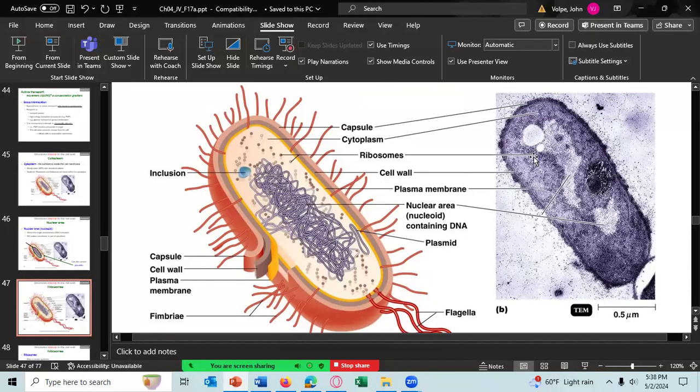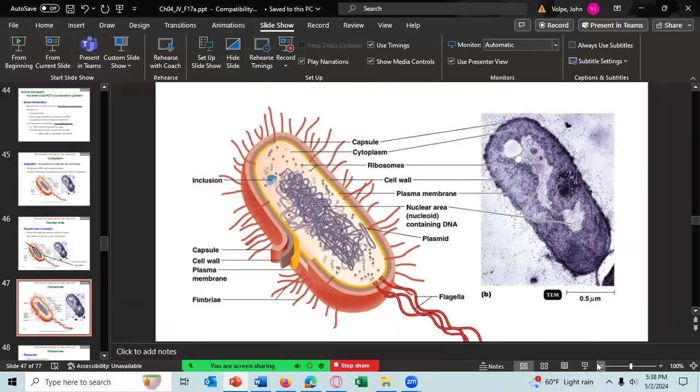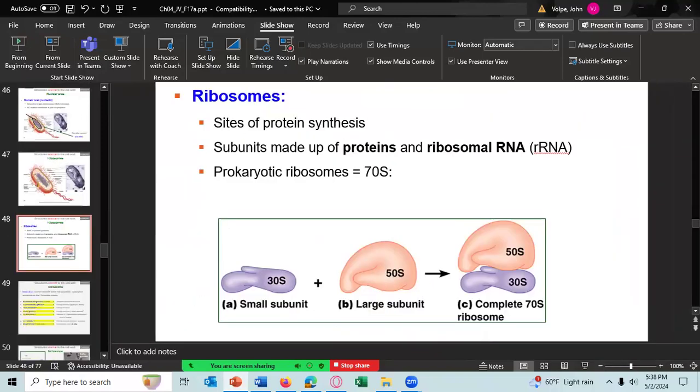There are these little dots there, or the dots here. Ribosomes are important for the cell because they are the site of protein synthesis. They are made up of both protein, we can call it ribosomal protein, and RNA, we call it rRNA or